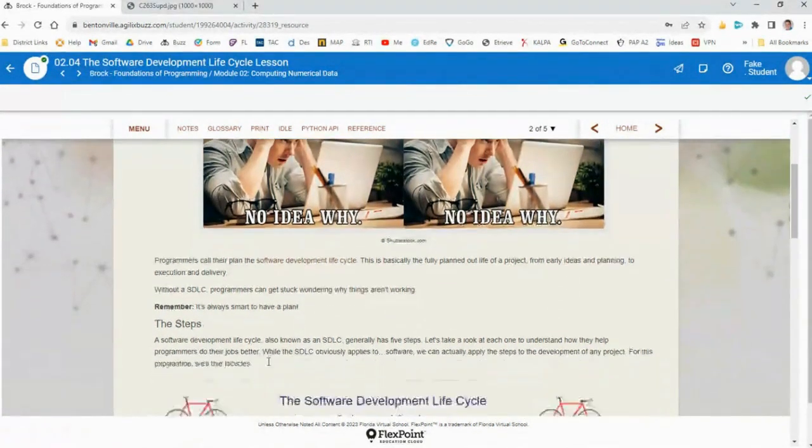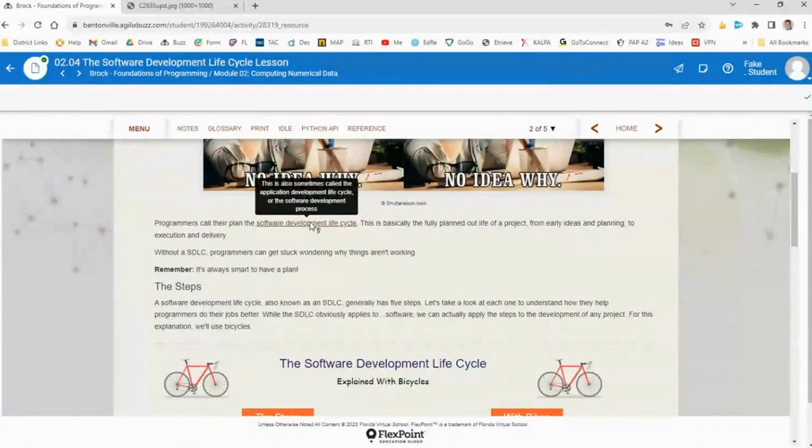So programmers call their plan the software development lifecycle. This is also sometimes called the application development lifecycle or the software development process. This is basically the fully planned out life of a project, from the early ideas where we're saying we need a program to solve this problem. Well, what's the problem? Okay, well, what can we do with a program?